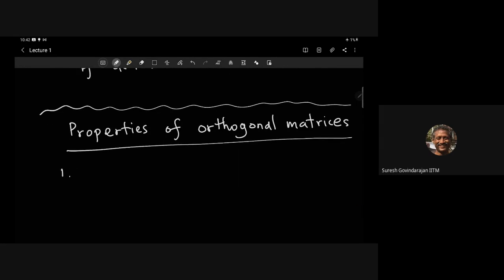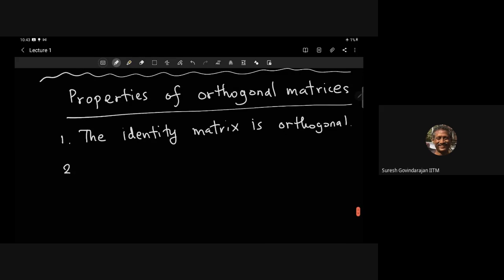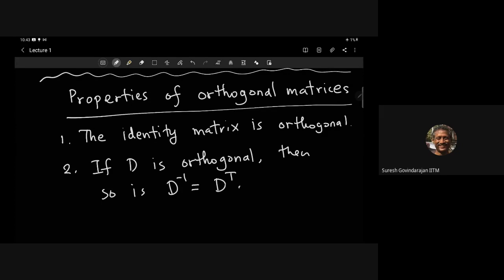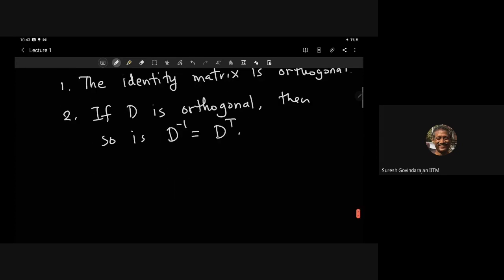Okay, the identity matrix. Okay, so if D is orthogonal, then so is D inverse. In fact, that's equal to D transpose. Okay. Third property, which is very important, if